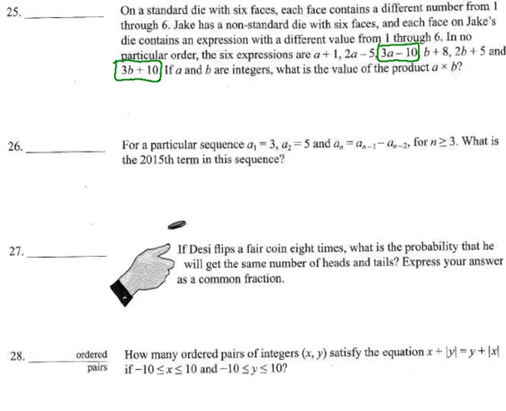Jake, thank you, Jake. Instead of writing 1 through 6, you decide to write A and B's in equations. That's really helpful, buddy. So we need to figure out what A times B is. And already I have circled, boxed, 2 equations, one with an A and one with a B. And when we have 3A minus 10, we know that that's really going to limit the values for A, because